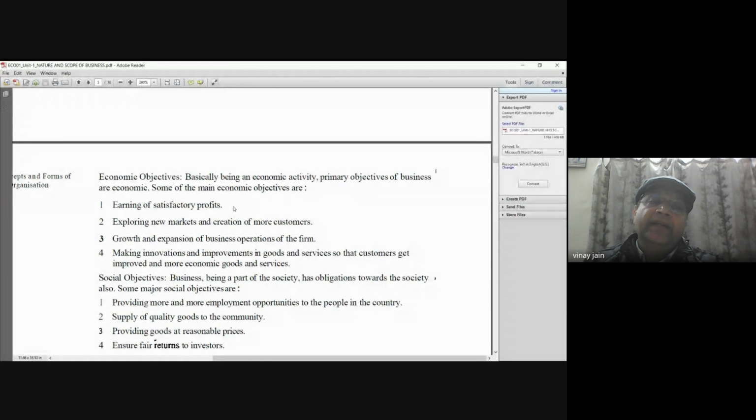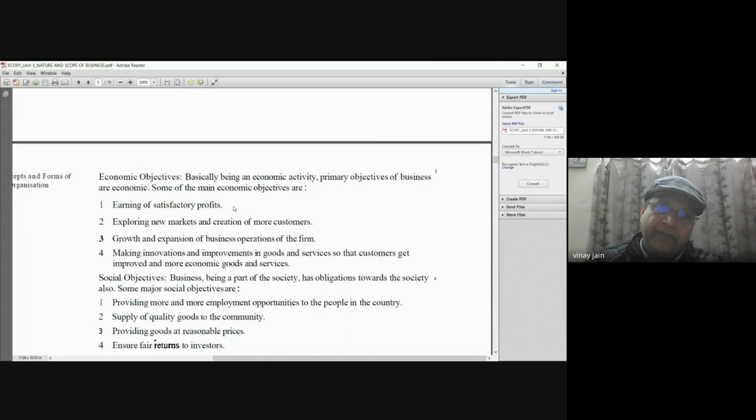Satisfactory profit means suppose you have a target of earning 20% profit, and you have only 5% profit, so it means it is not satisfactory profit. I don't think that you will continue such kind of business which is giving you dissatisfactory profit. So therefore, you will be happy doing a business where you will have satisfactory